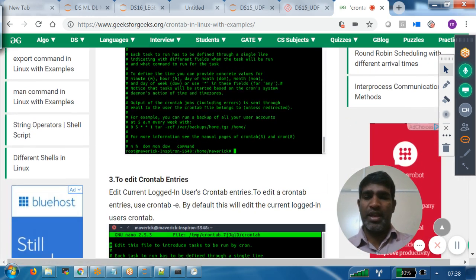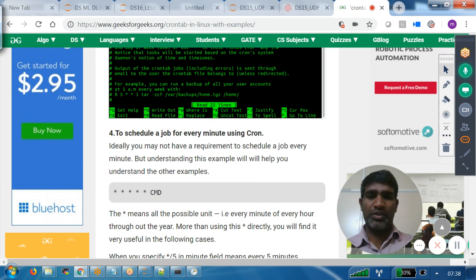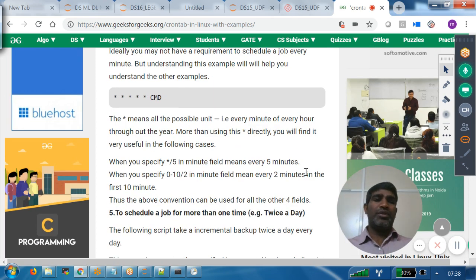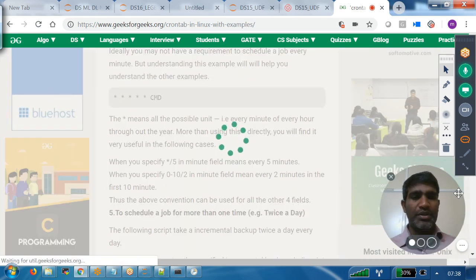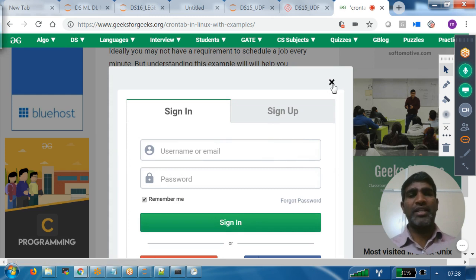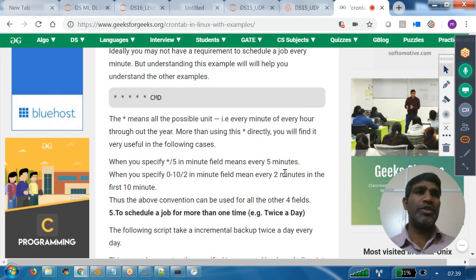Am I clear? Yep. So there is a way we can go and we can do that. Better than this, sometimes we used to follow, instead of writing shell script files